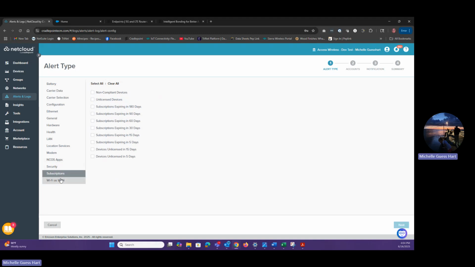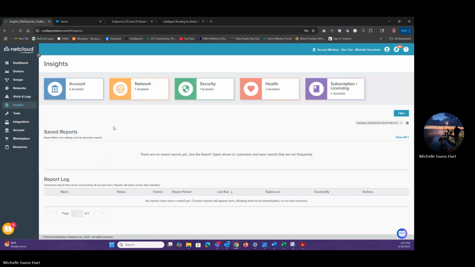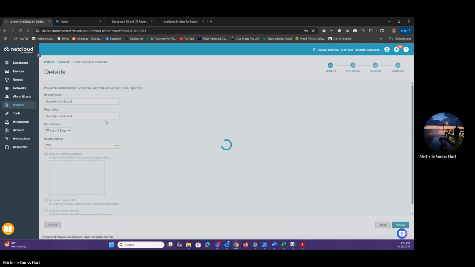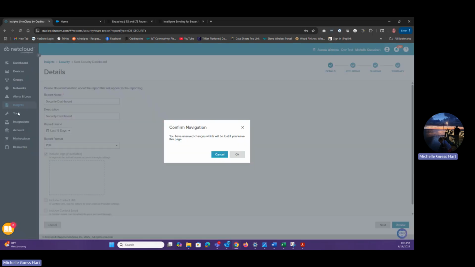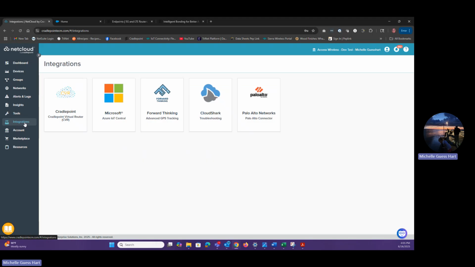And then Wi-Fi is WAN. You can do that. Insights, this is just going to be where you would see any of your saved reports. Like if you wanted to do a security report, right? Then you would just set that up here, and that insights is where you would see that. And then tools here, this is where you would manage any SDKs or APIs that you might set up. Integrations, this is just some of Ericsson's